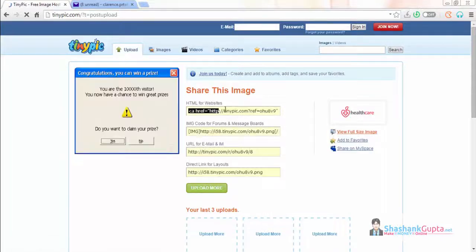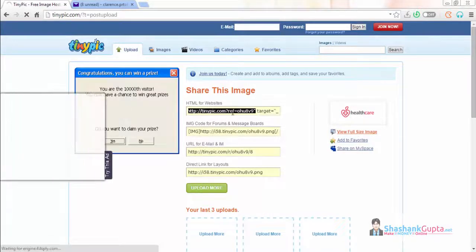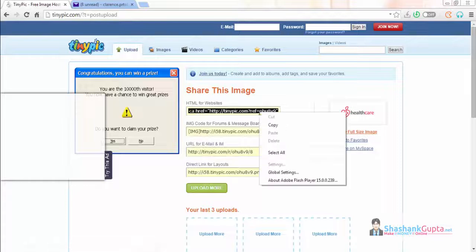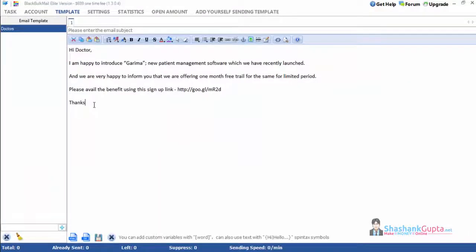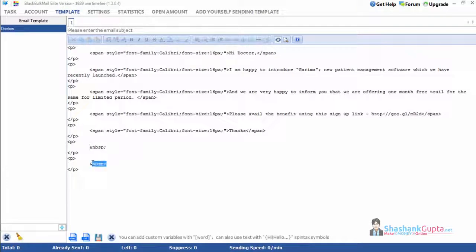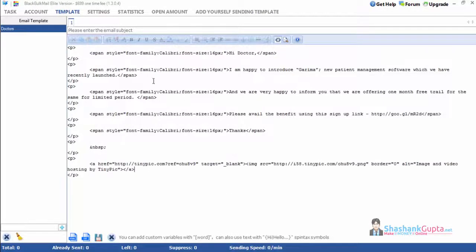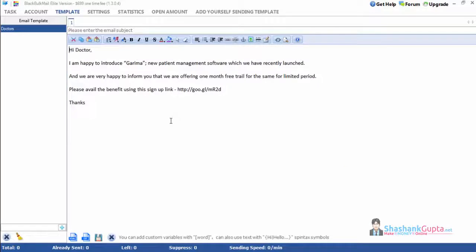So this is the HTML for the website. This is the code which I need to copy and put in my mailer. So just don't paste it like this. Go into source code and paste it here. So this is how you will get the image inserted in your email.